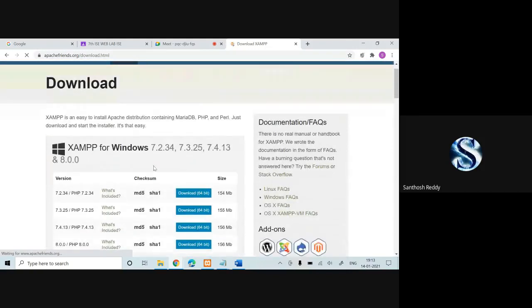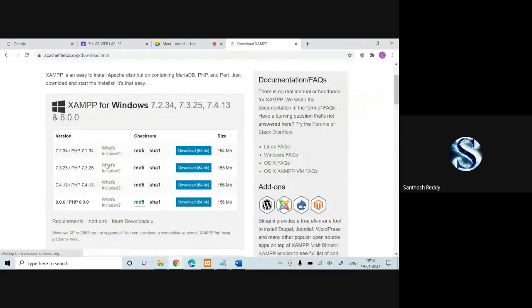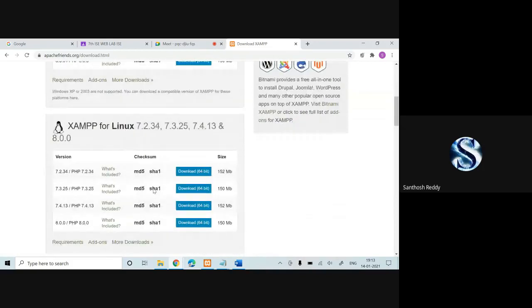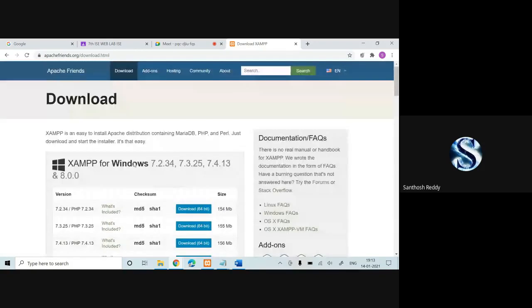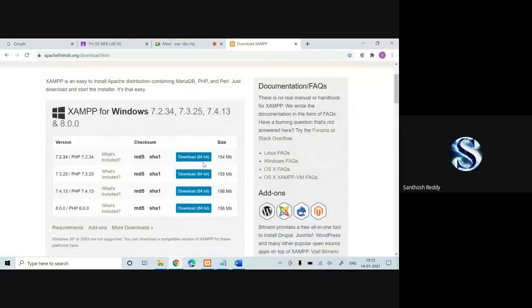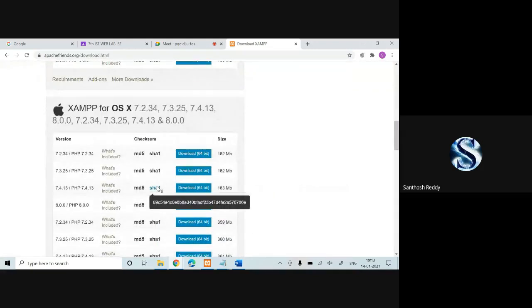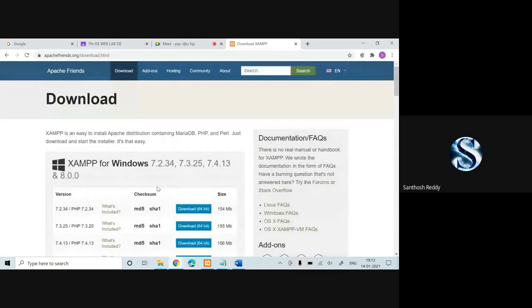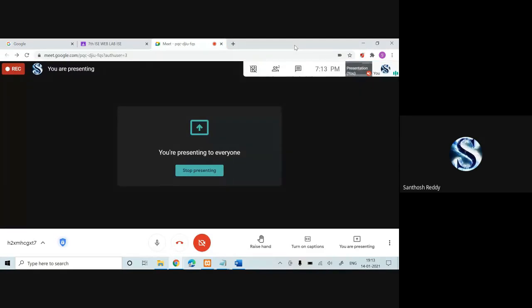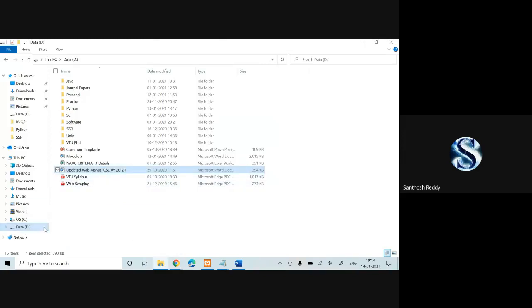I'll show it to you. Here we have the one required for Windows. Then you can download it. Here we have some for Linux and this is for Windows. If you have Windows, you can check which bit version you require. And this is for Linux and this is for some other OS. But my system is Windows, so I have downloaded the Windows version.